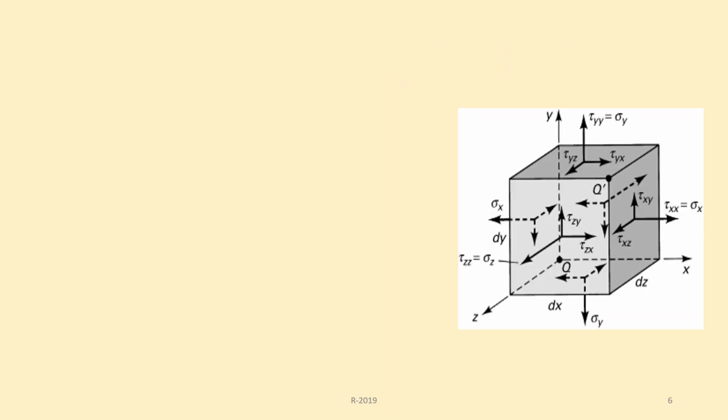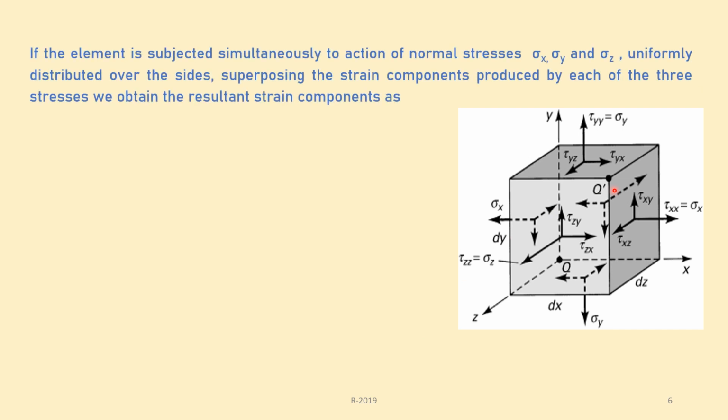So if the element is subjected simultaneously to the action of normal stresses sigma x, sigma y and sigma z, uniformly distributed over the sides, then superposing the strain components produced by each of these three stresses, we obtain the resultant strain components as